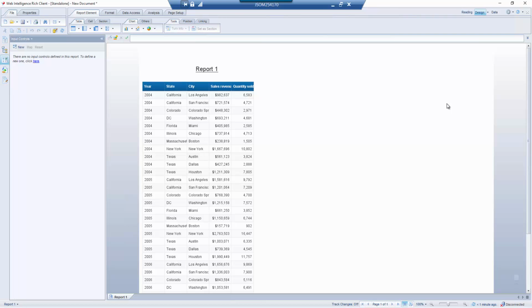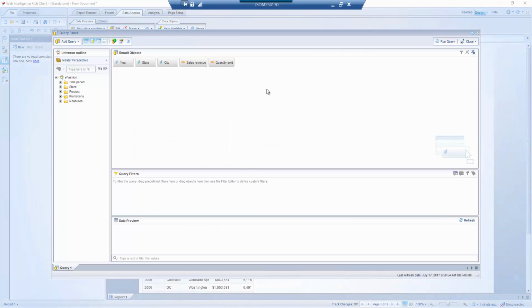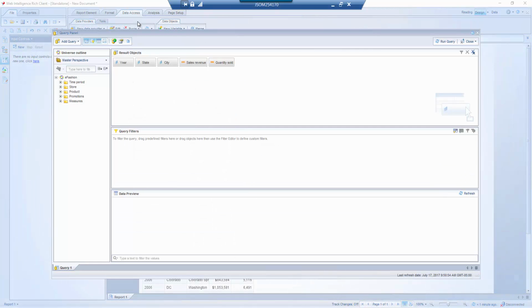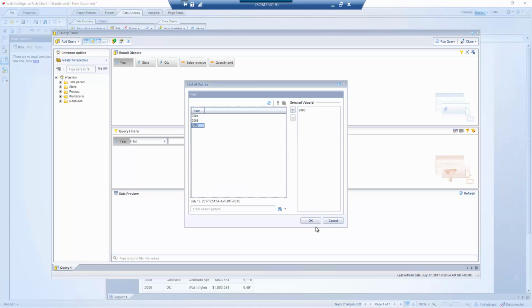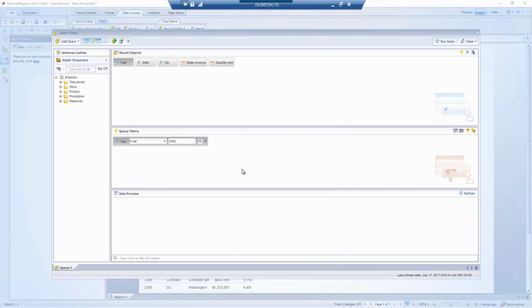basic things. So this is a report that I've already created. I'm going to go to data access and edit the query. So we know that this is the query panel, and in the query panel we can build query filters, right? So if I build a query filter which is for 2006, this query filter that is built,